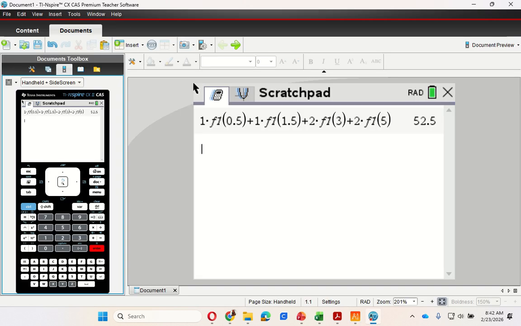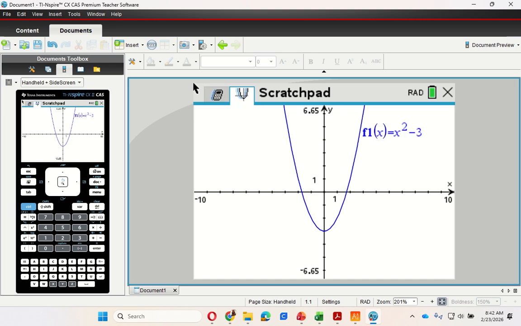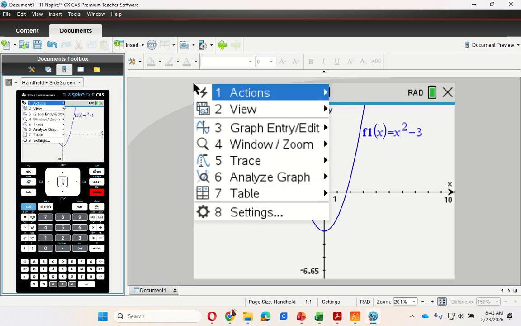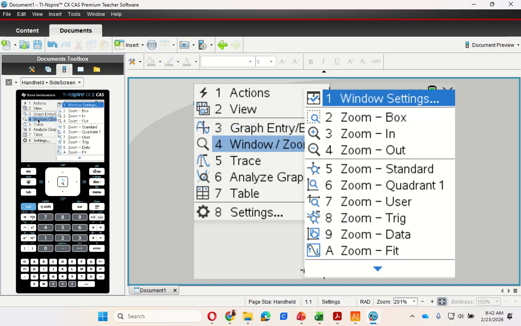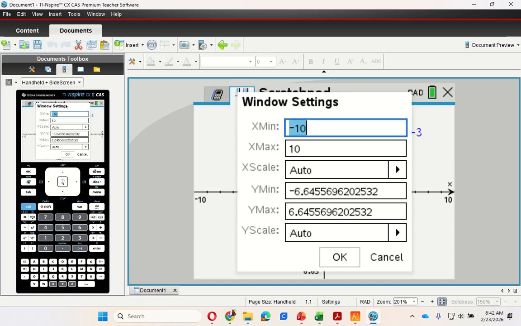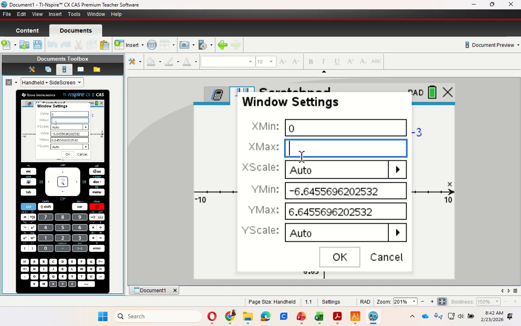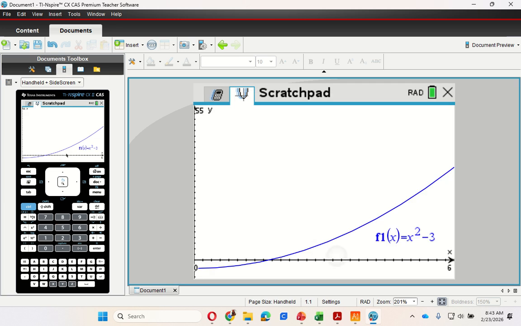So, let me see, menu, and that's what I want. And let's start at 0, and let's go to 6. And 5, 5. Okay. Now, from this right here,